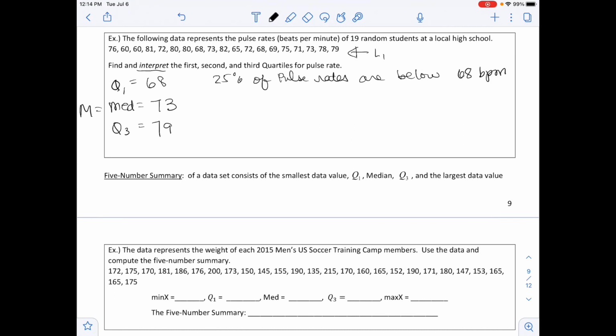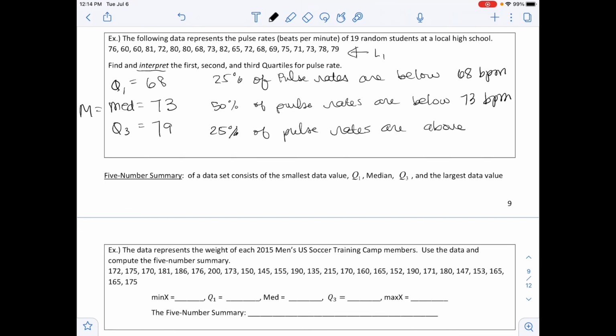And then we have our median, so we can say 50% of pulse rates are below, or you can say above, or you can say in between, something along those lines. We'll say 73 beats per minute. That splits that data in half. The next one that we have is 79. This is Q3. And so we can say 75% of pulse rates are below 79, or we can say 25% of pulse rates are above